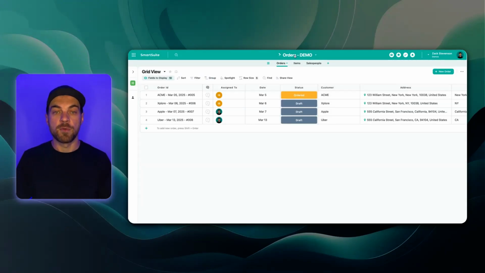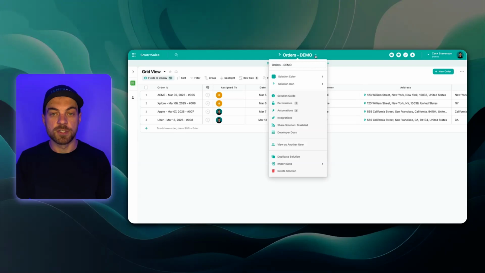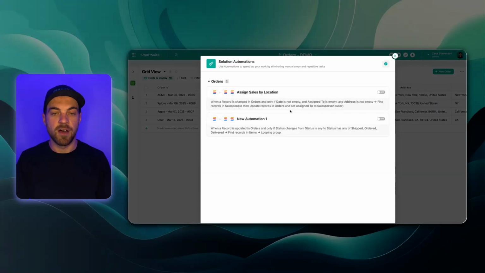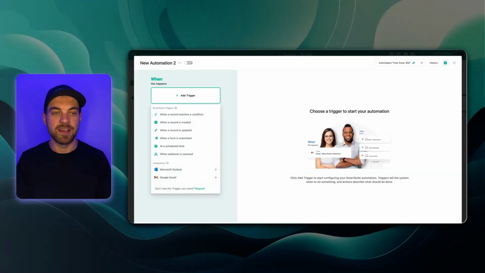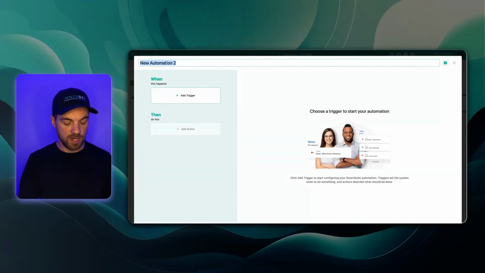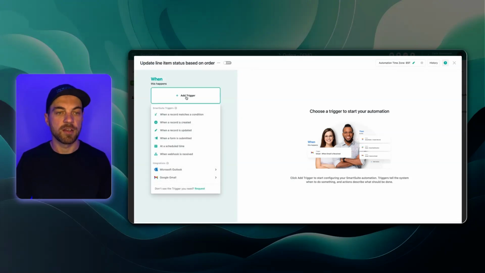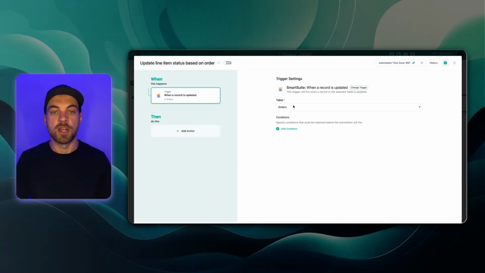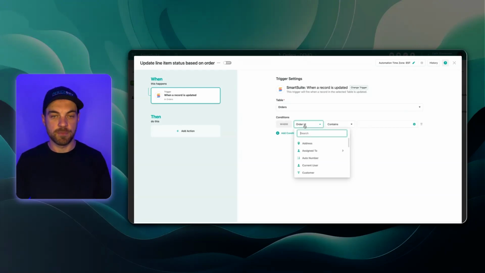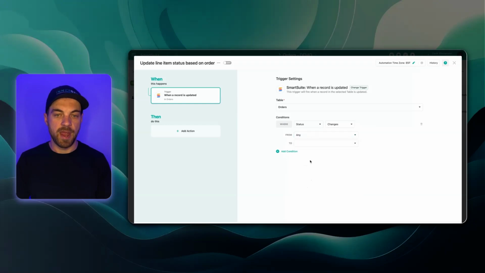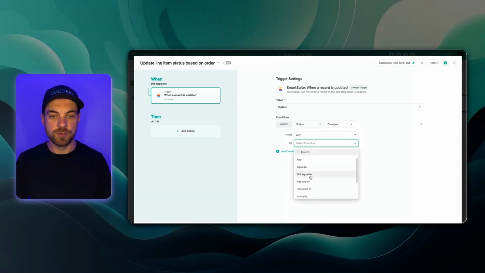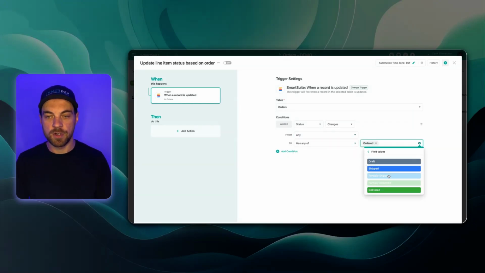The way we do that, we need to go up here to our solution drop down. We can select automations and we can add an automation. We'll rename this, and the trigger is going to be when a record is updated. It's the orders table that we want to watch. And we're going to add a condition, and it's simply going to be when the status changes. It can be from any, and when it changes to has any of ordered, shipped, or delivered,